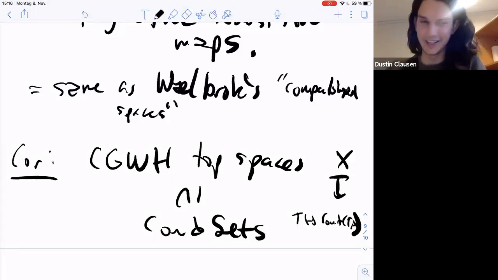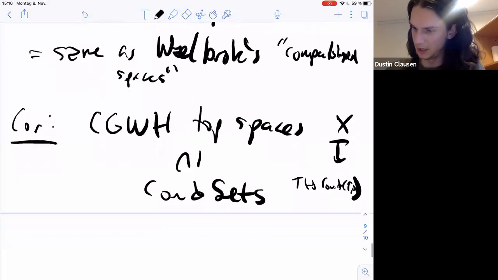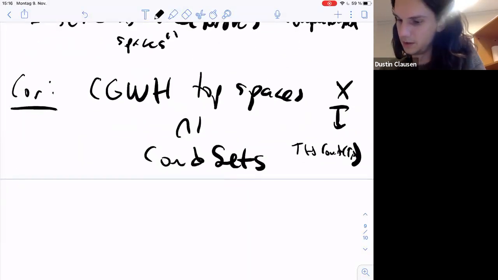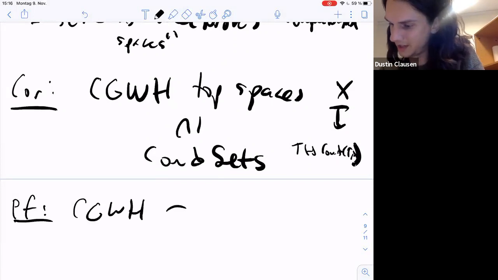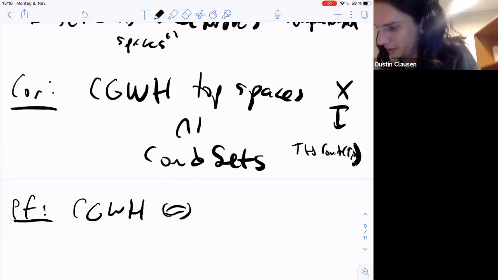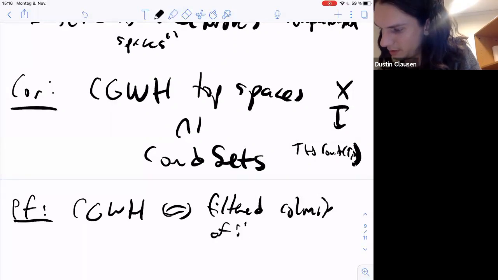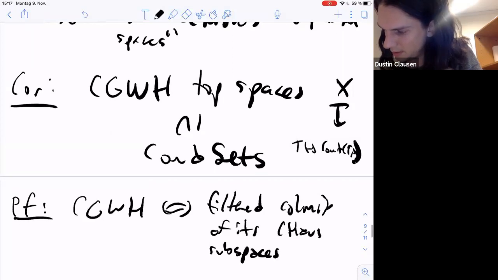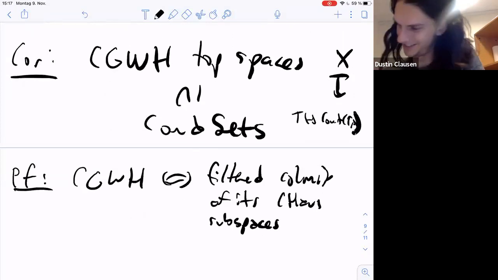In particular, it is a condensed set. In other words, it satisfies this set theoretic technicality when X is a compactly generated weak Hausdorff space. What does this mean? Well, compactly generated weak Hausdorff is the same thing as saying it is the filtered colimit of its compact Hausdorff subspaces. Filtered colimit in Top now, Dan,